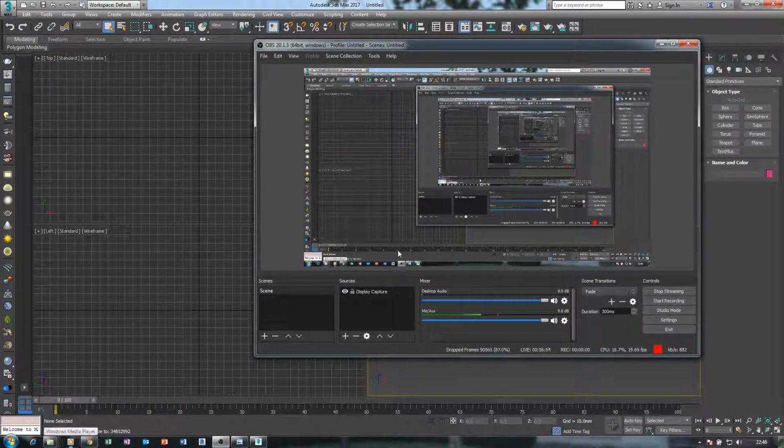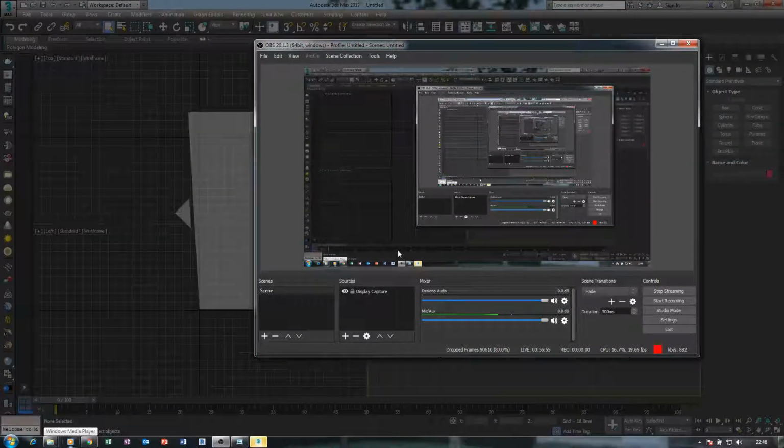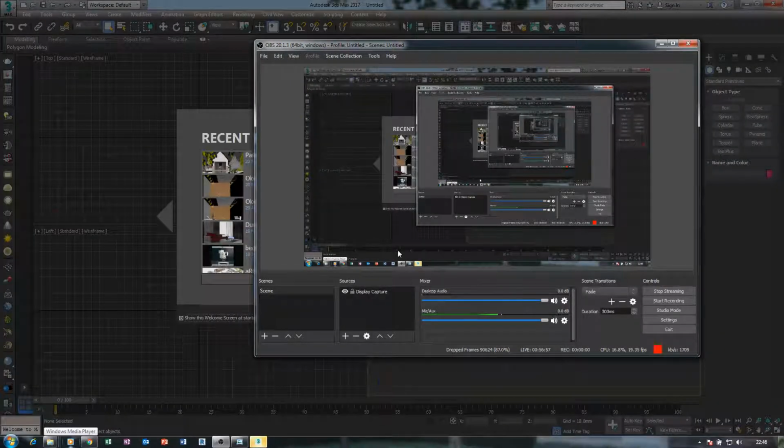The only difference is Revit does not require all the cores of my system. That's why it's faster. But when we get to 3D Max now, it will become slower, and I will show you some of the things you can do to make sure that problem does not occur.